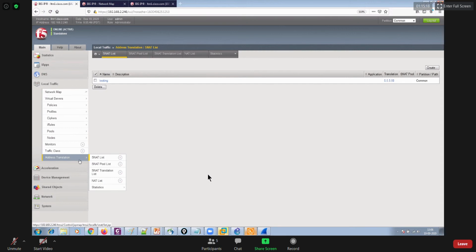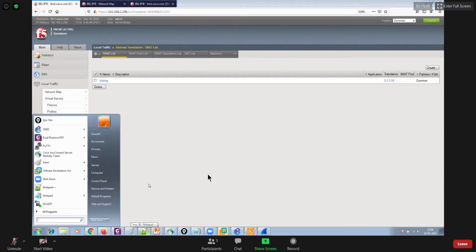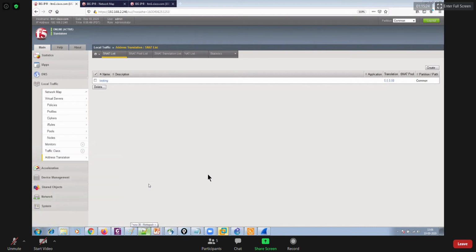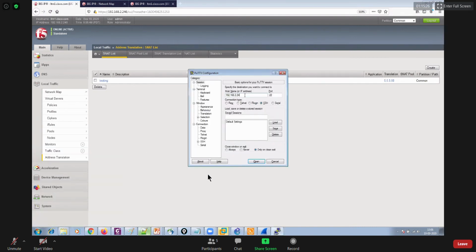You could capture your data. That's something that you can do using tcpdump, right? So using PuTTY, you could have access to your BIG-IP, which is 2.246.